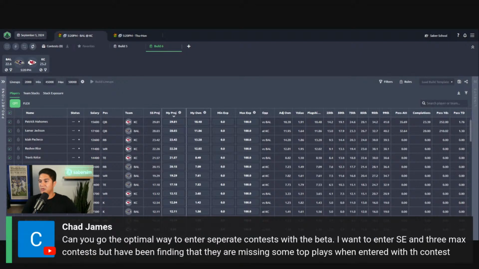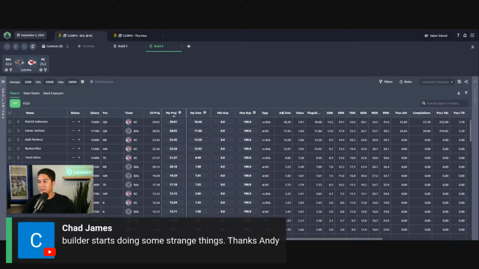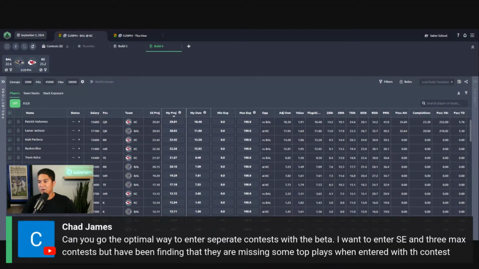All right. Question from Chad. Can you go over the optimal way to enter separate contests with the beta? I want to enter single entry and 3 max contests, but I've been finding that they are missing some top plays when entered with the contest ROI filter. This happens after applying some min/max exposures. I tried entering them separate, single entry and 3 separate, then entering all my 20 and 150 max together using contest sim ROI. But the builder starts doing some strange things. Thanks. Okay, so